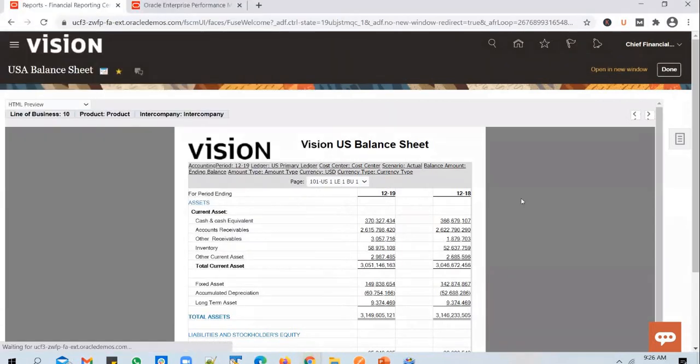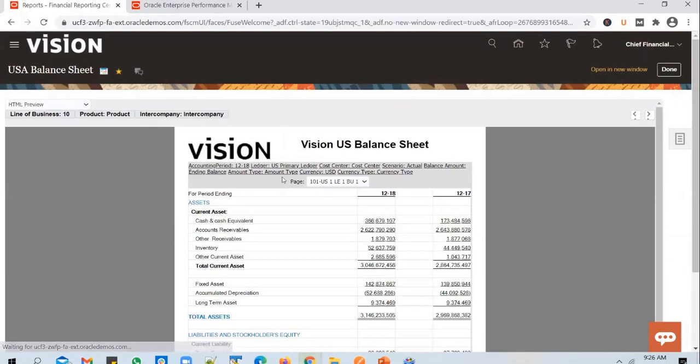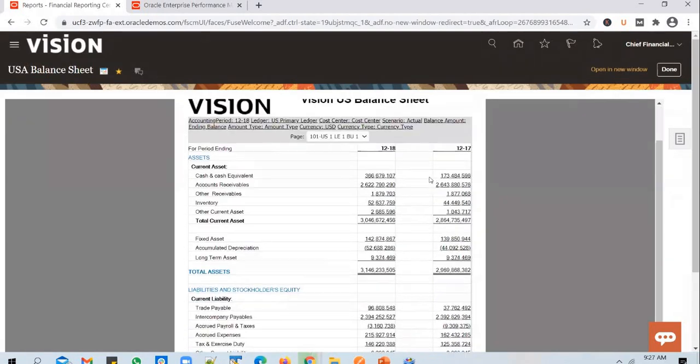This should become 12-18 and the second column should become 12-17. You notice that the moment you change any point of view value, the report gets executed again and you see the balances displayed. You see 12-18 because this is pulling the value directly from here, and this is configured as relative to this, minus 13, which means the same period in the previous year. And you see the balances pulled.